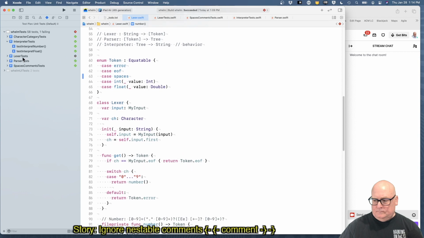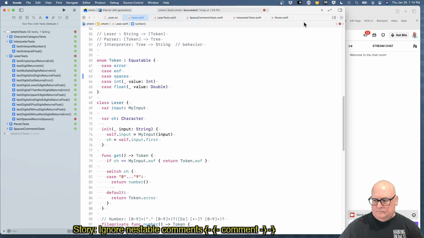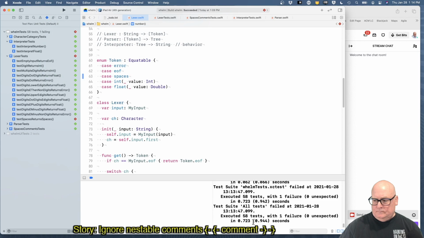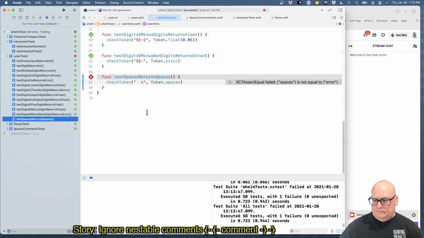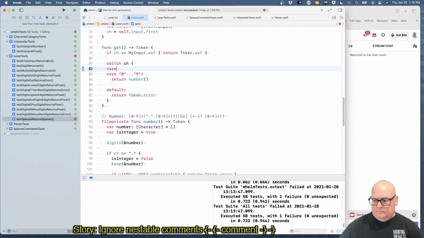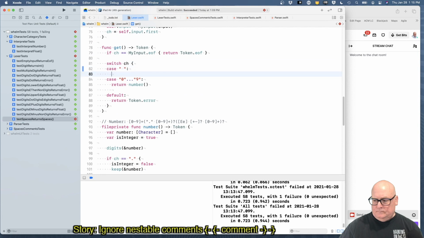All right, so our test succeeded by failing. That's actually a good thing. I've lost my debug area down there. Where did that go? There we go. No, it actually took 0.944 seconds. Don't be fooled. Okay, so test return spaces: space is not equal to error. Yeah, that's true. Okay, so in here, if you actually see a space,